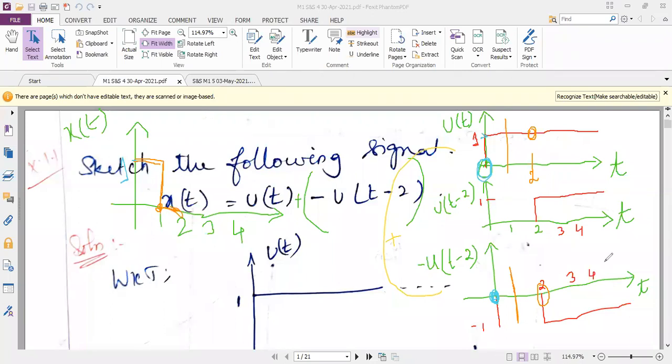So now, if you see the first diagram and the third diagram, it is exactly opposite. At t equal to 3, the amplitude is 1. At t equal to 3, the amplitude is minus 1. So all the values will be cancelled up to infinite time. So the final diagram will be like this. Am I clear? You see the diagram now? After t equal to 1, you have to show the 0 value like this along the x-axis.